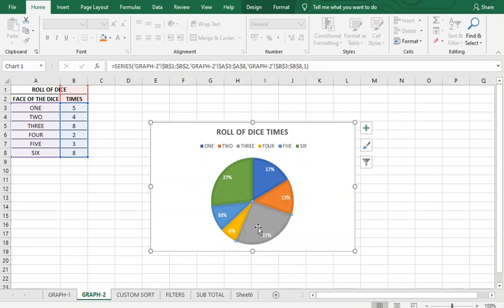If someone asks you, I threw a dice 30 times, and out of 30 only 5 times 1 came, from this chart you can see very easily that it is 17%, right? It makes 17%.